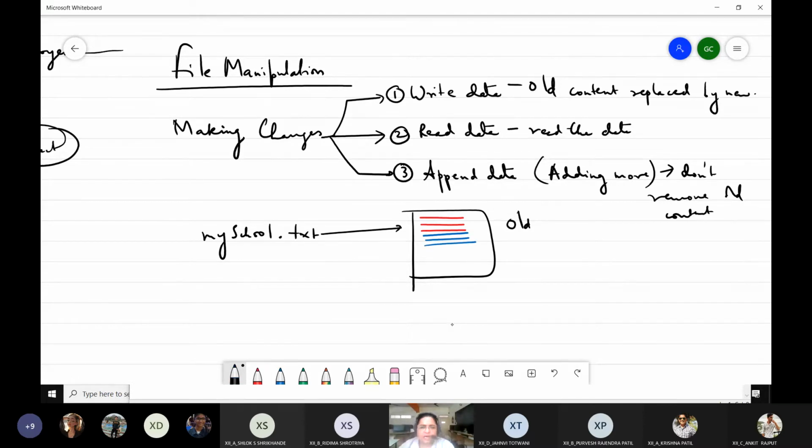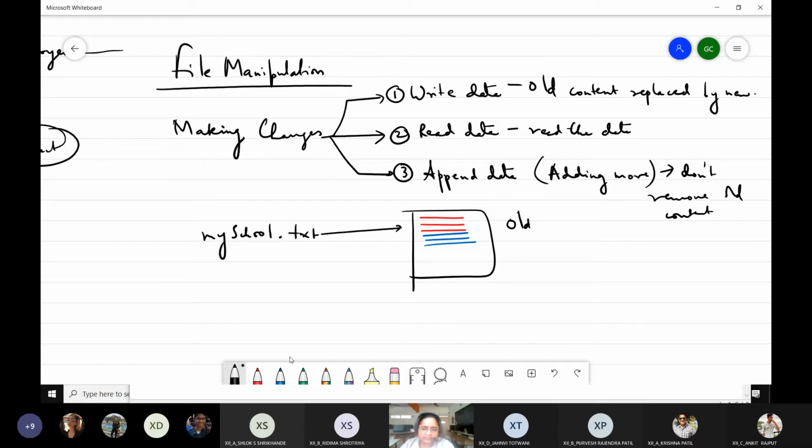Okay, this is known as appending data. Writing data, reading data, and appending data. Writing data, old content is replaced by new content. Reading data, simply reading the content of the file. Appending data, adding new content to the back or to the end of the file.